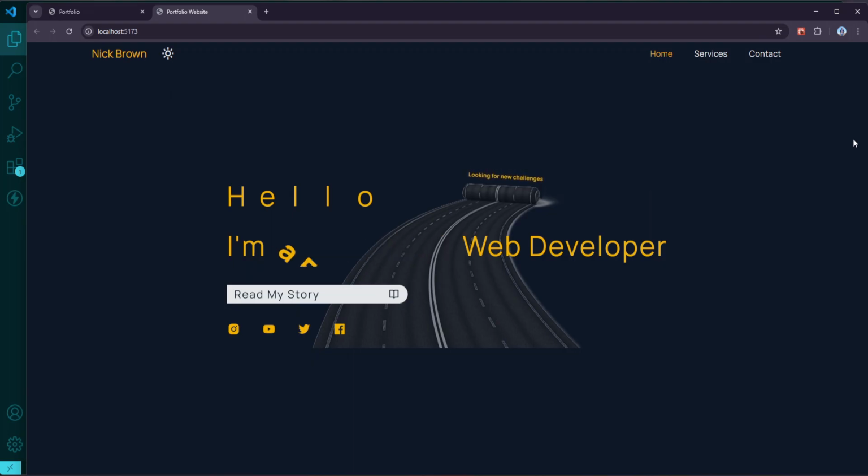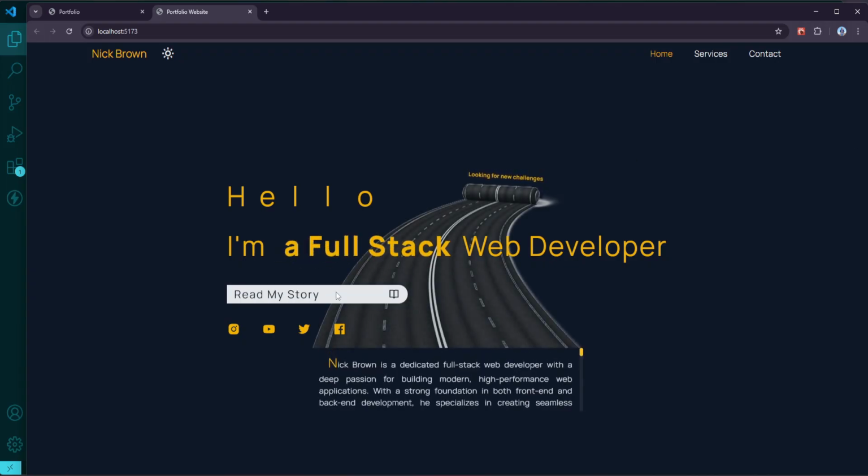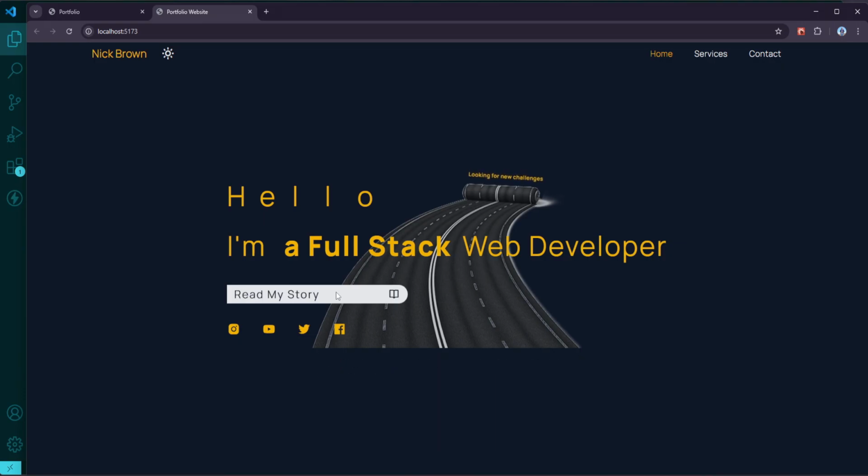Alright, so with everything in place, our hero section is now fully built and polished. We created a dynamic heading with a rotating text animation that cycles through different profession titles. We added a background image and ensured it's properly positioned with a smooth hover opacity effect. We implemented the interactive biography section where users can expand and collapse the text with a button. We rendered social media icons, making them interactive with hover effects. And finally, we added the bouncing text animation at the top of the road, customizing the bounce effect for a